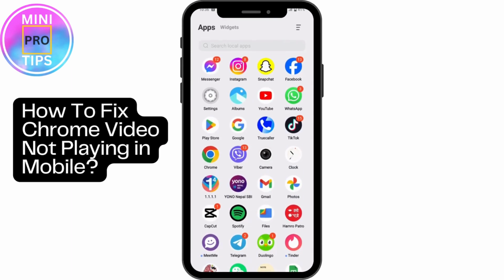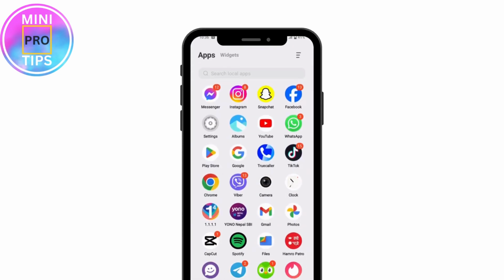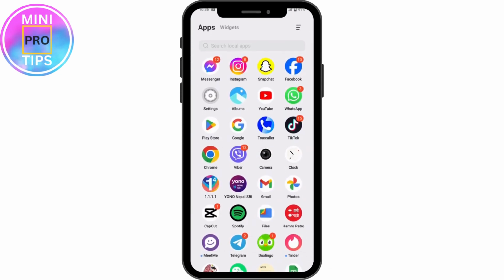How to fix Chrome video not playing in mobile. So if you're facing a problem with the Chrome video not playing, then what you need to do is check your internet connection. And once your internet connection is stable, you can simply tap and hold on your Chrome application and go for